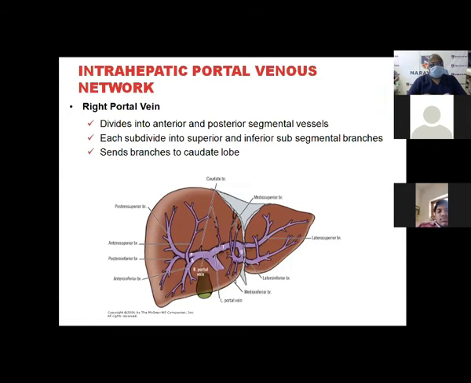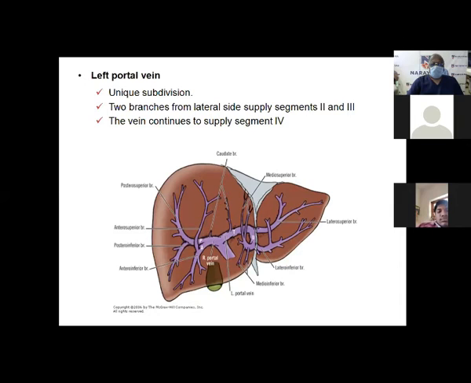Intrahepatic portal venous network. This is what it is. You can understand that the main portal vein is anteromedial, posterolateral, superior, inferior, superior, inferior. The left portal vein has got a long course. You can see a beautiful recurving branch to segment 4, especially segment 4B. And you can see there are two arteries and two veins coming to segments 2 and 3. Beautiful schematic representation. And the left portal vein, you can nicely see the same picture.